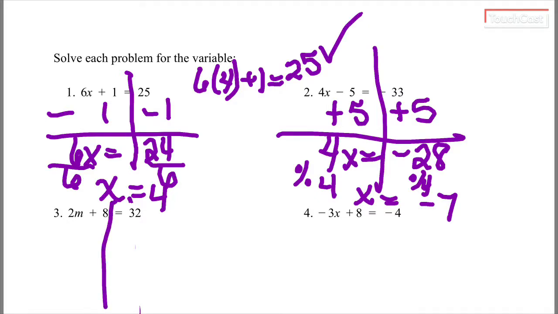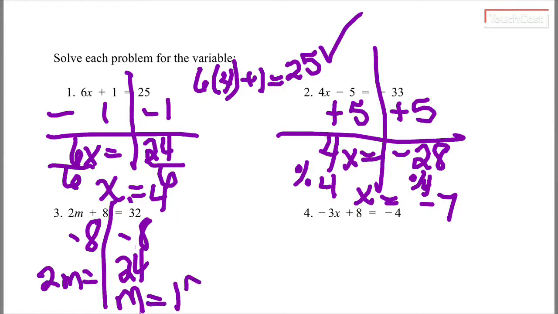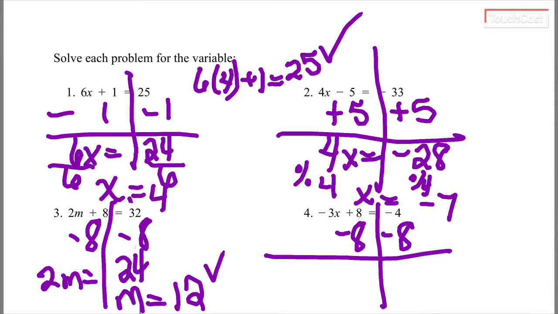2m plus 8 equals 32. Subtract 8 from both sides. 2m equals 24. m equals 12. If you checked it, it would work. All right, over here, a lot of negatives. Subtract the 8 from both sides. Okay, negative